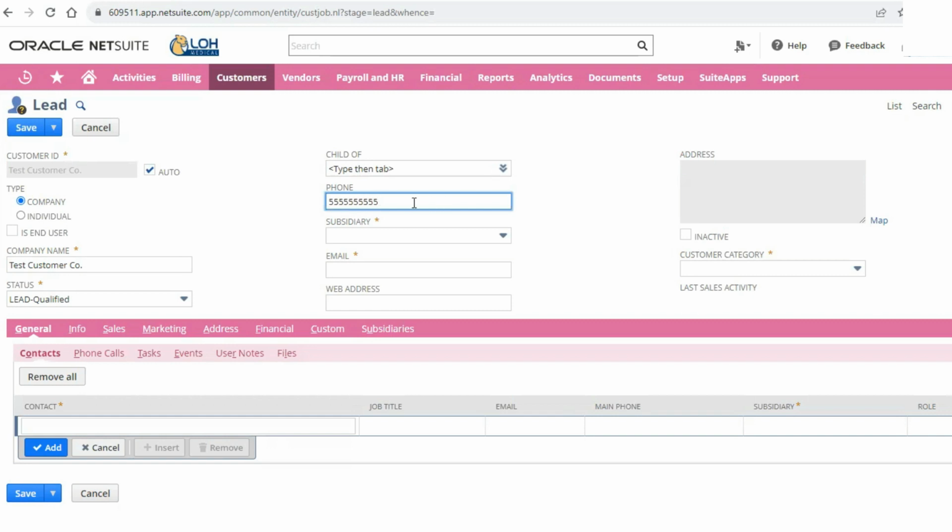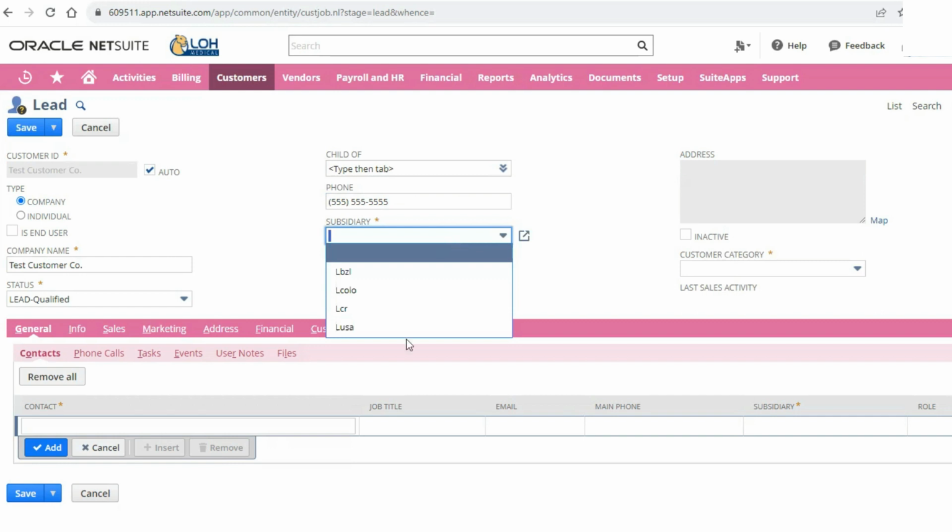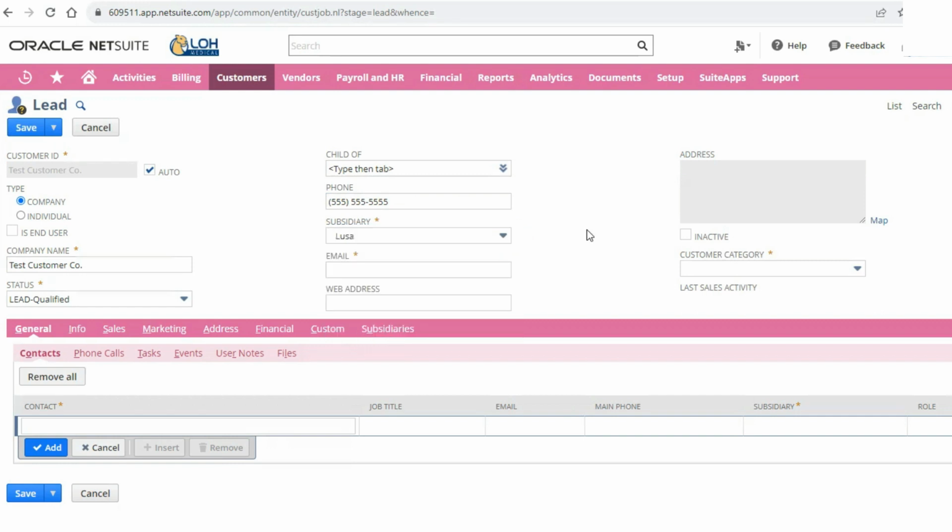When you enter a phone number, you don't have to enter any symbols. When you click outside of the box, it will format it properly for you. You have to select a subsidiary. Each lead, prospect, customer can only be associated with one subsidiary.